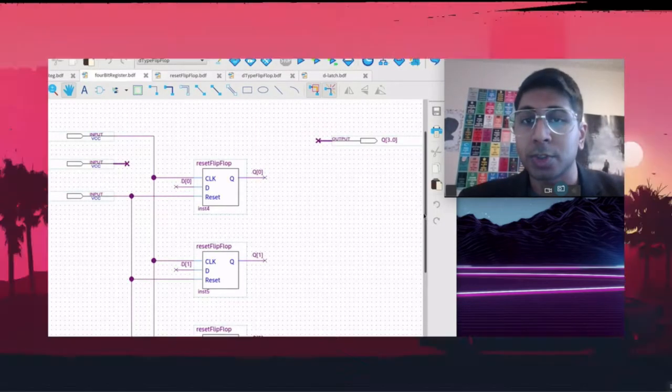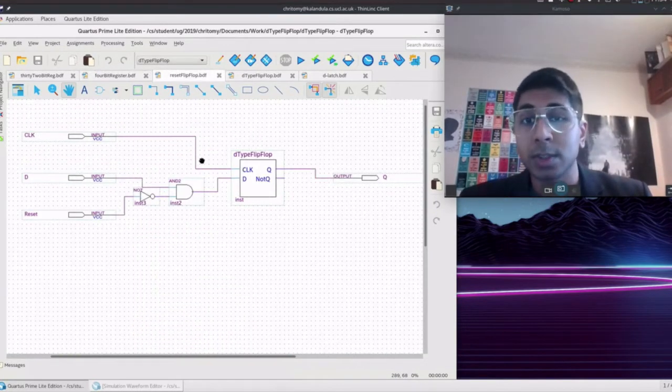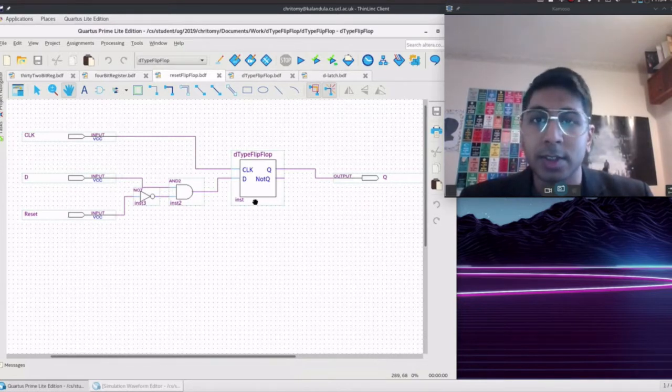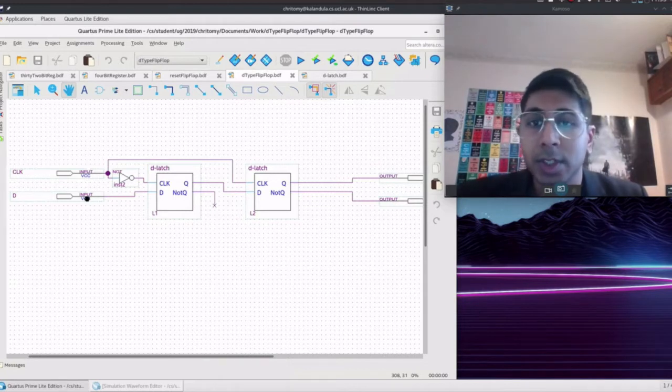The 4-bit register was created from 4 resettable flip-flops. The resettable flip-flop was created by adding some reset logic, where it's D and not reset, into a standard D-type flip-flop. The D-type flip-flop was created from 2 D latches, and when it's a 0 in the clock, it'll pass into the middle section the value of the data, and then when you reach a rising edge, it'll pass into